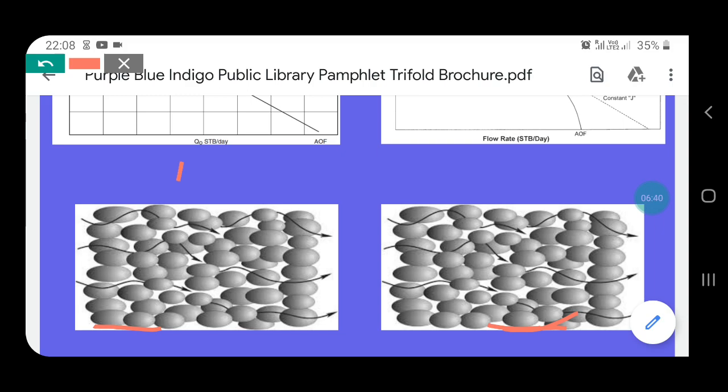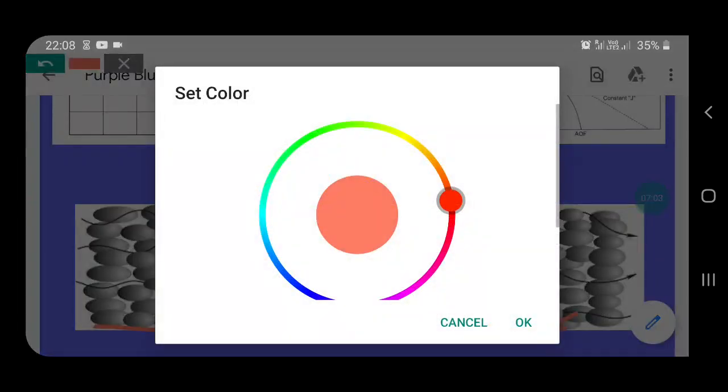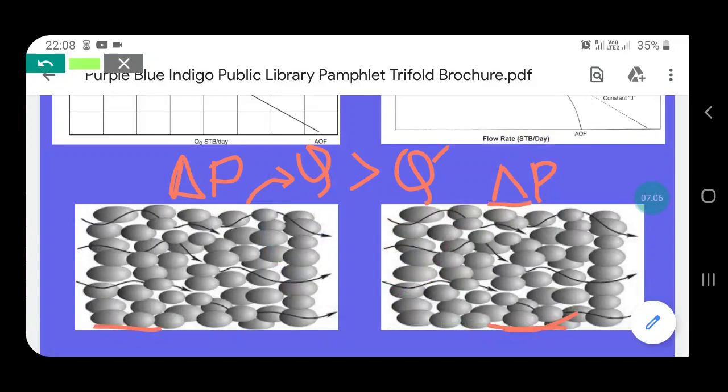So if we apply a pressure differential of delta P across both the reservoirs, you will obtain a flow rate of Q in this case, which will be much higher than the flow rate which you will be obtaining in this actual scenario. So why is this happening? That's because when the pressure falls below the bubble point in this reservoir, there's a development of gas saturation. So these green